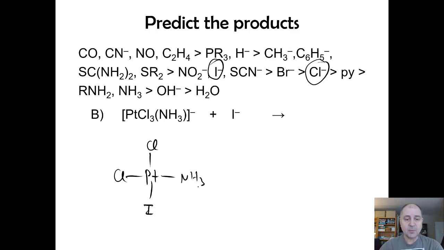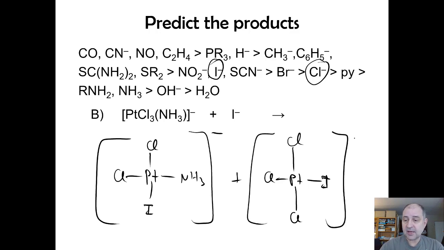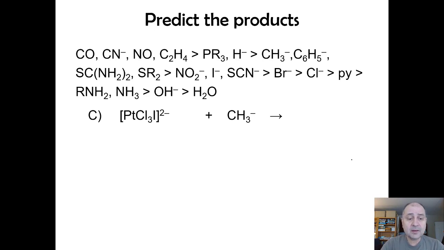So this is the product, but you also are going to replace the amine, so you have a second product in this case where we have iodine here, and always just use one. And so what happens to the charge here, this still has a negative charge, but this now has a -2 charge. So this has 2 products, and then here we have platinum and then 3 chloros